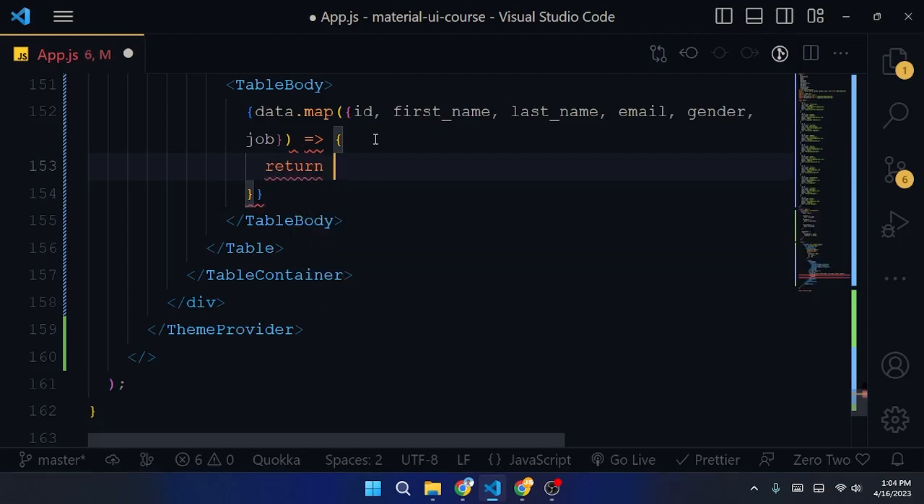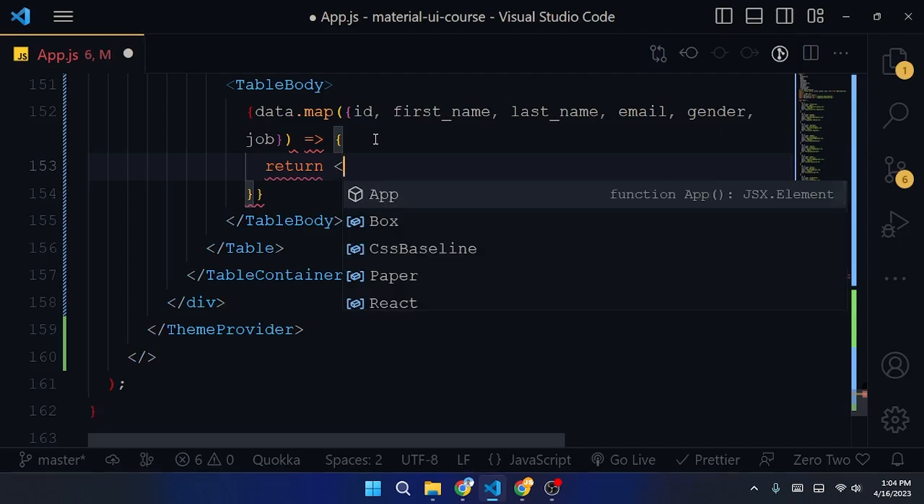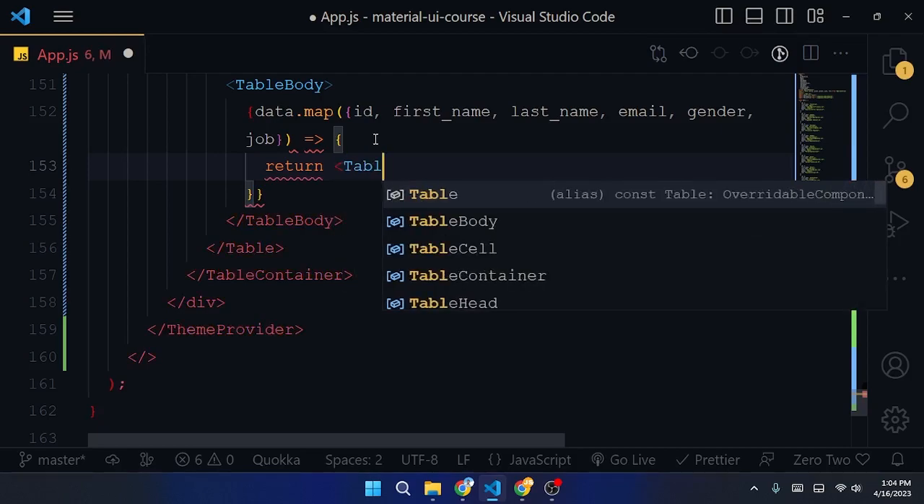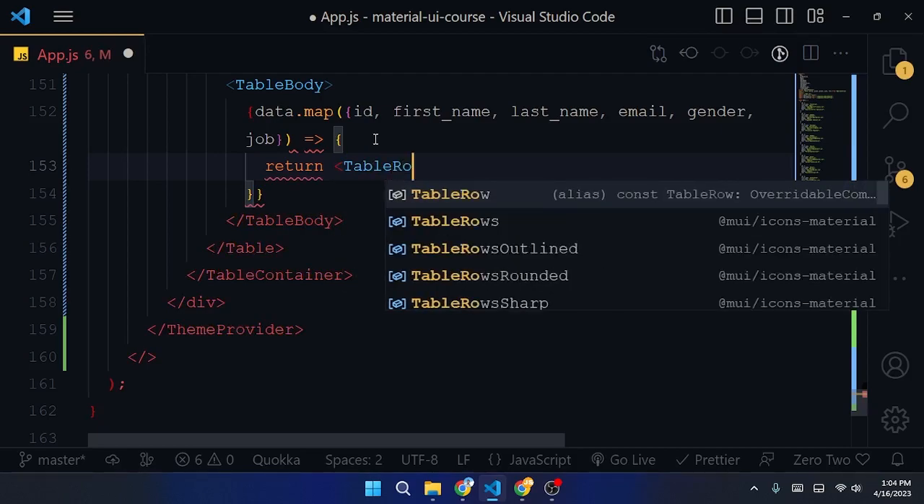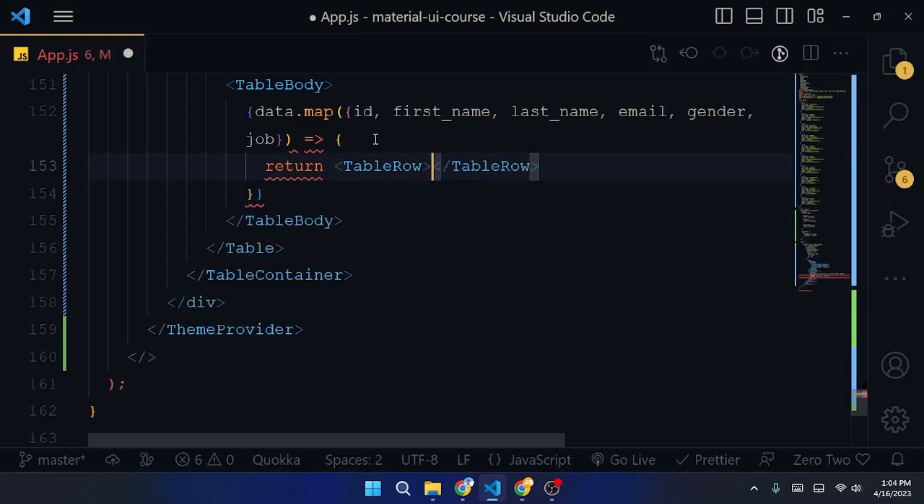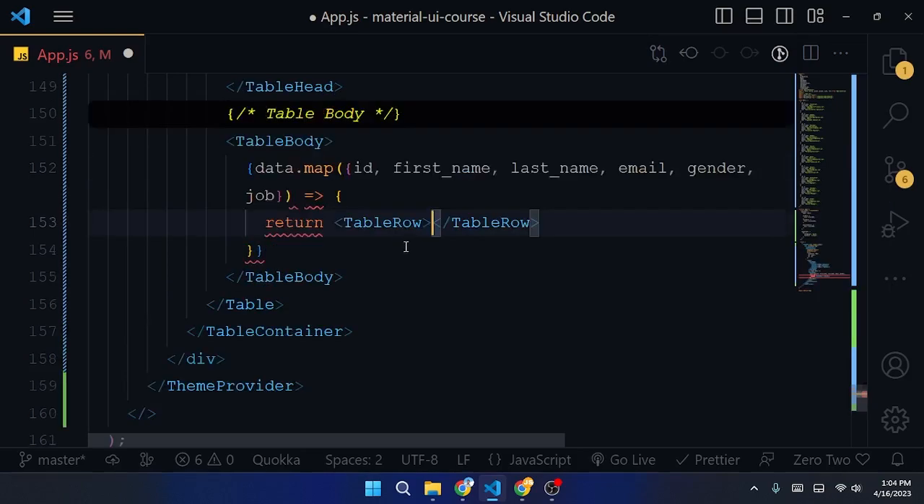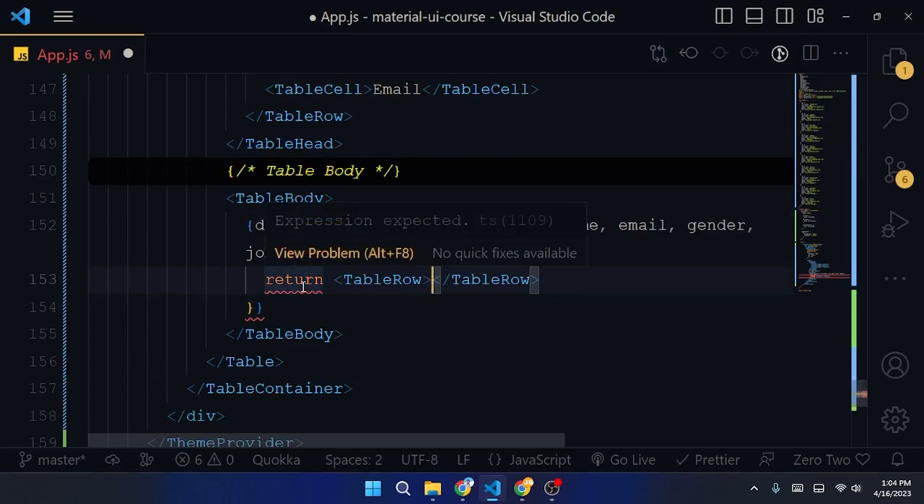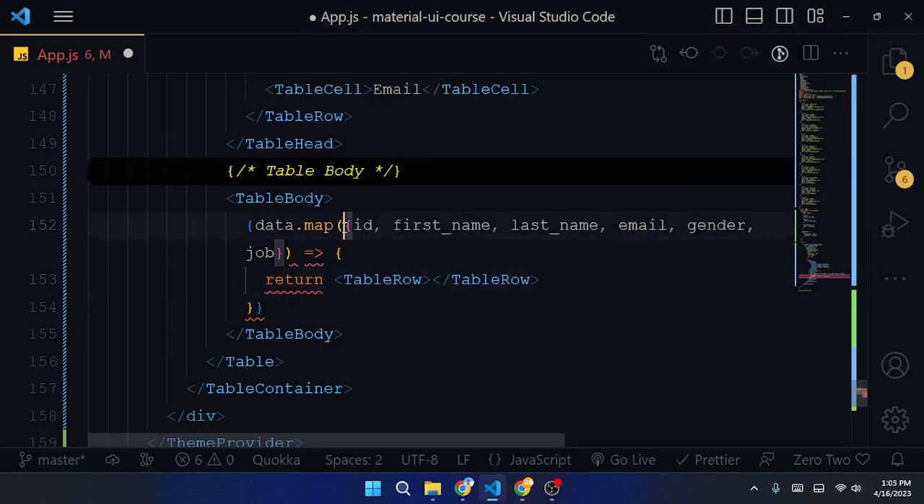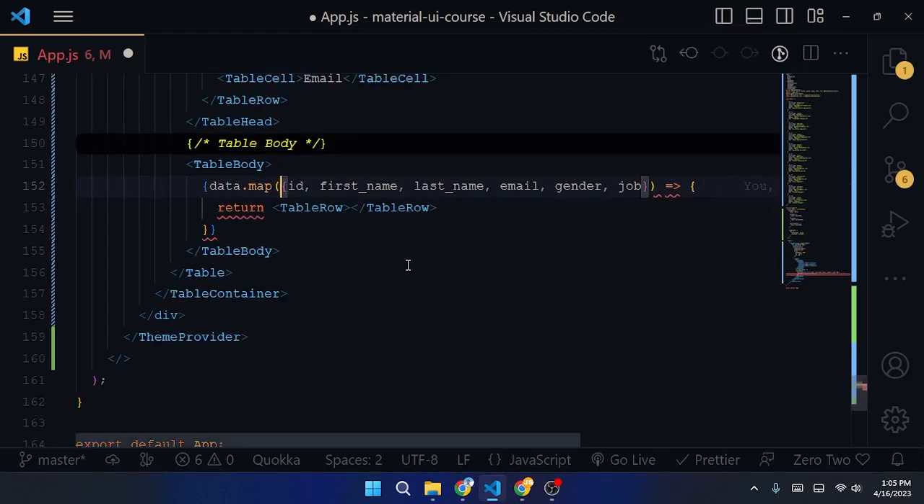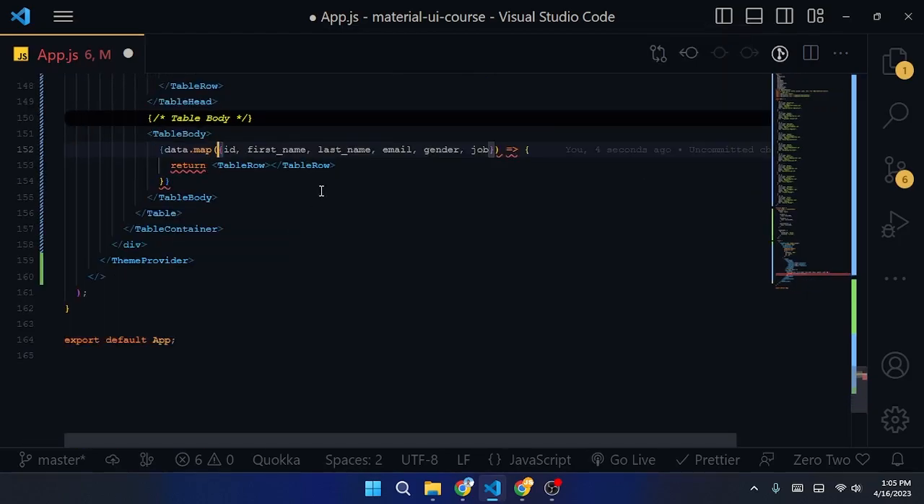I have to first return a property like table row. I have to actually, there is an error. Let me see. Expression is unexpected. I think I have done something wrong here. Let me just figure it out. Okay,